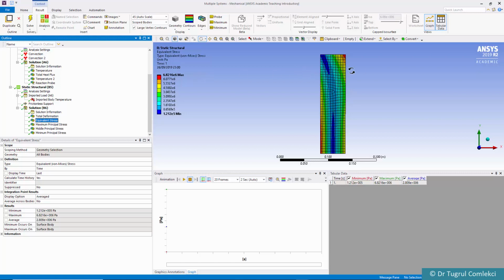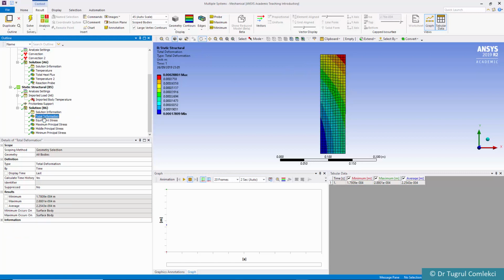Now we left the top face free to expand in the y-axis. There are a couple of different boundary conditions that we can apply in this one, and that will depend on what your real structure's support is like. Let's try, for example, fixing that fully, and then we'll also try coupling that in the y-axis. So another thing we can do here is, let's say, the total deformation,